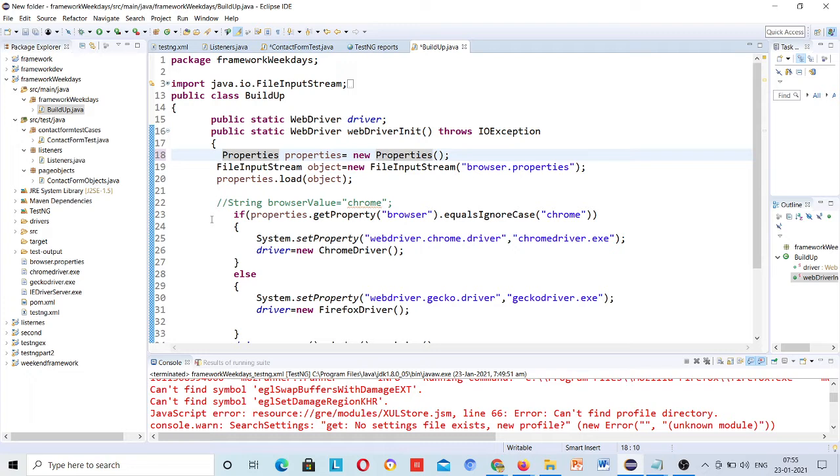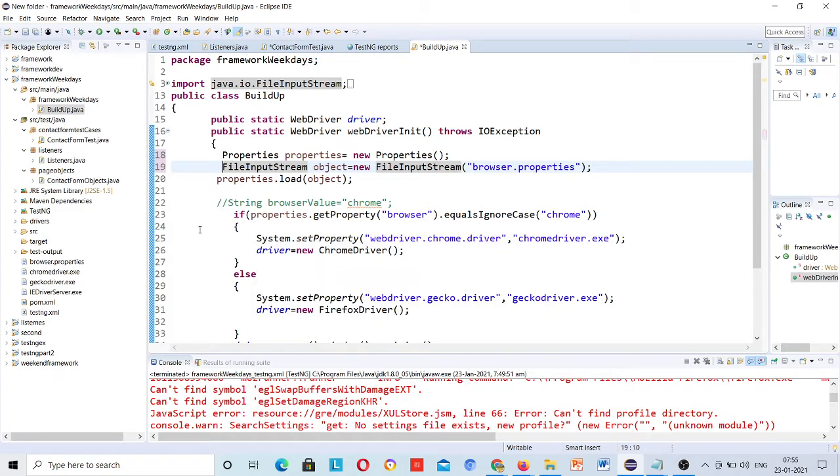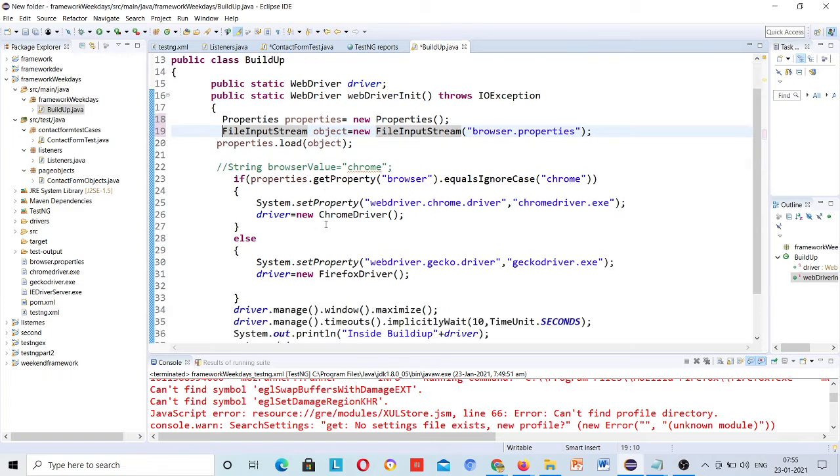We should be very clear with the Selenium basics and Java basics, meaning collections. If anybody asks what is a collection, what is a hash map, what is a set, what is an array list, what is a linked list, then instantly you should be able to answer. Just like this, if anybody asks what is the page object model, which you have used in your framework, you should be able to explain at once, right? What are listeners in TestNG? You should be able to explain, okay, listeners perform this task in our TestNG framework.